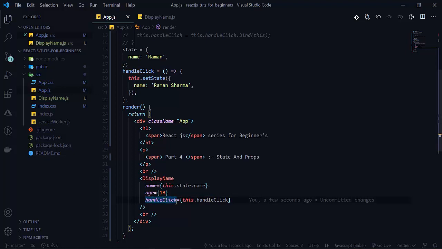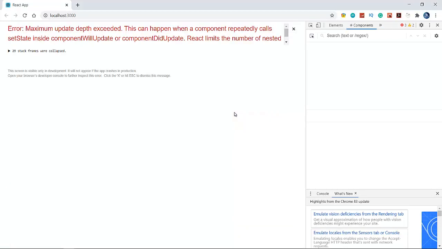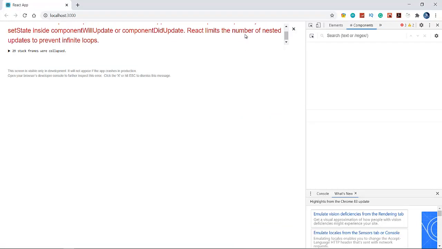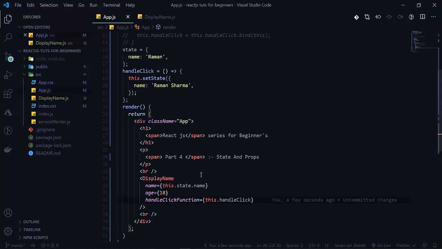So handleClick, let's write the function here. So here will be the handleClick function here. So now it will not give us the error, I think. React limits the number of renders, so an infinite loop is there. So it is giving us one error. So it should not give us the error here.